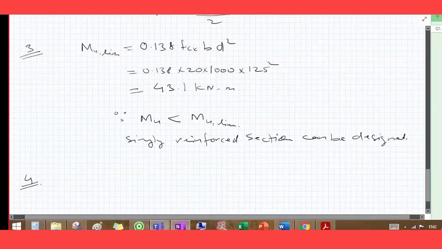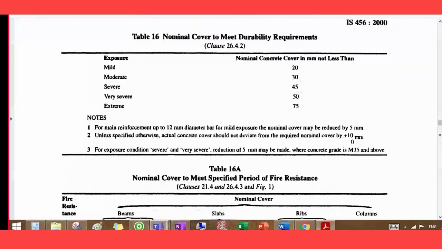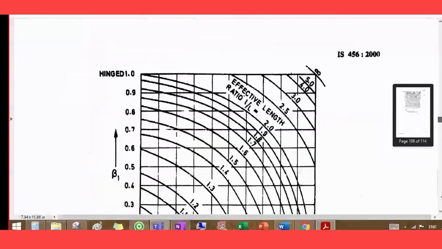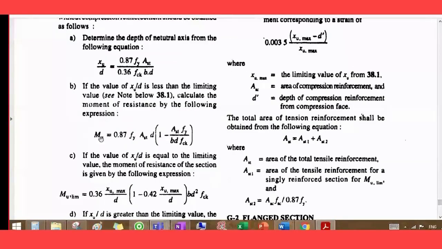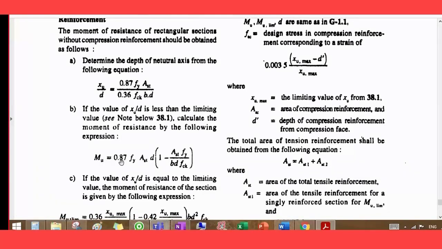So, fourth, steel reinforcement calculation. Since it's a singly reinforced section, if you remember, you can apply this formula. If you remember the formula, it is very good to compute the steel. Here, for a rectangular section without compression reinforcement, a singly reinforced section, you can apply this formula directly. This Mu. If you're remembering the formulas, it is good. And if you understand the basics of how exactly it has come, then you would be able to write it directly.